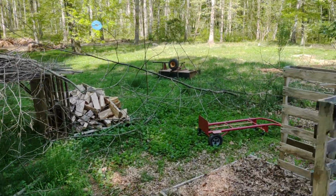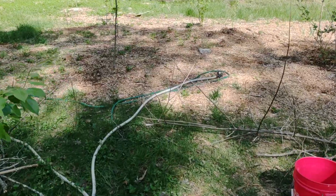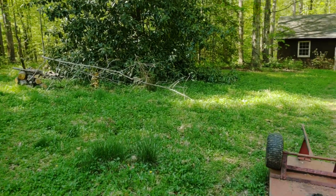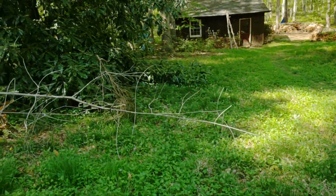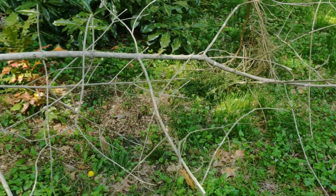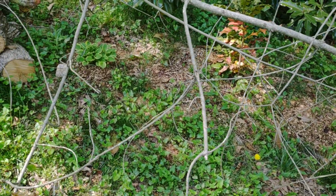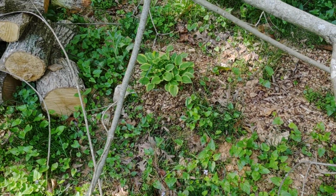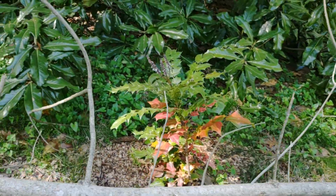Oh yeah, so here's a couple of leatherleaf mahonias and hostas. They're shade-loving plants, so planted next to the magnolia. I don't know why I only have one magnolia, but they were being eaten up by something, so I just put this thing over here, but it'll probably not do anything. But the hosta is growing back, and it was a lot taller than this, but something ate it up, and something munched on this. But here's the mahonia,